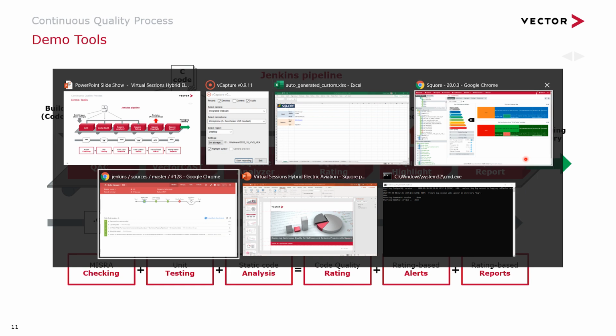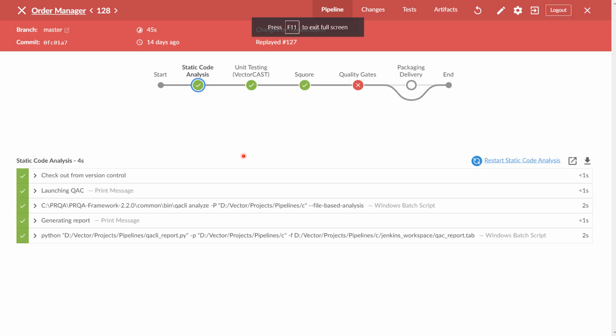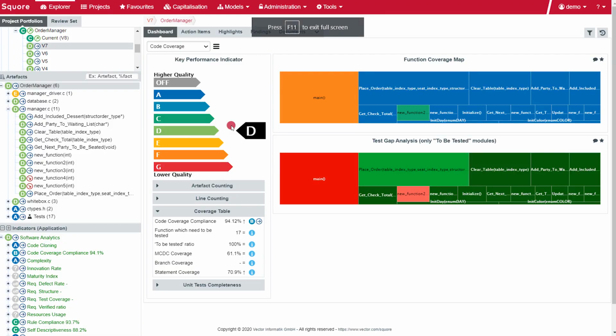So switching now to Jenkins, here is a Jenkins project where the static code analysis QAC has been run, then Vectorcast and Squore, and the quality gate failed. So what happened? If we go into Squore now, okay, this is Squore. So Squore